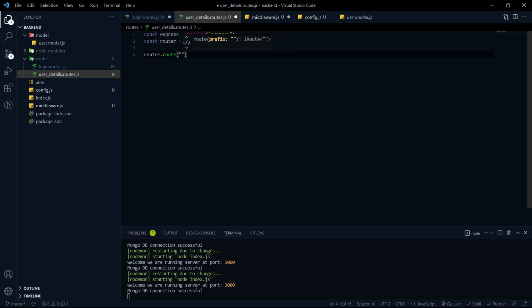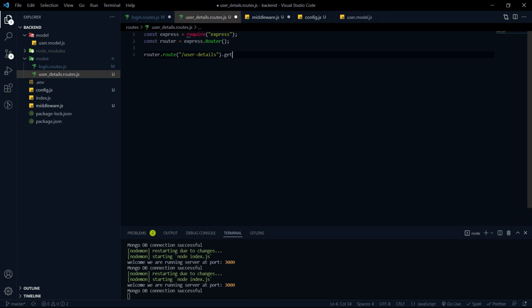The endpoint is going to be /userdetails. Generally at the time of creating the endpoint we put it like this, and it is going to be the